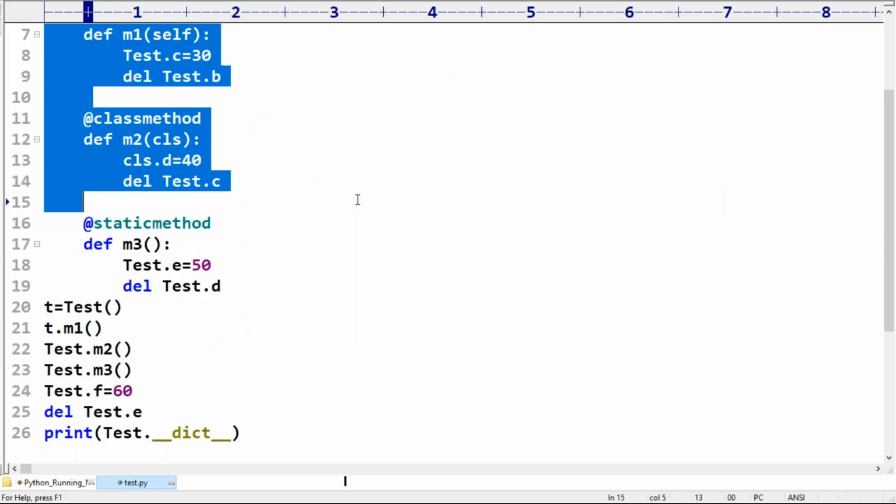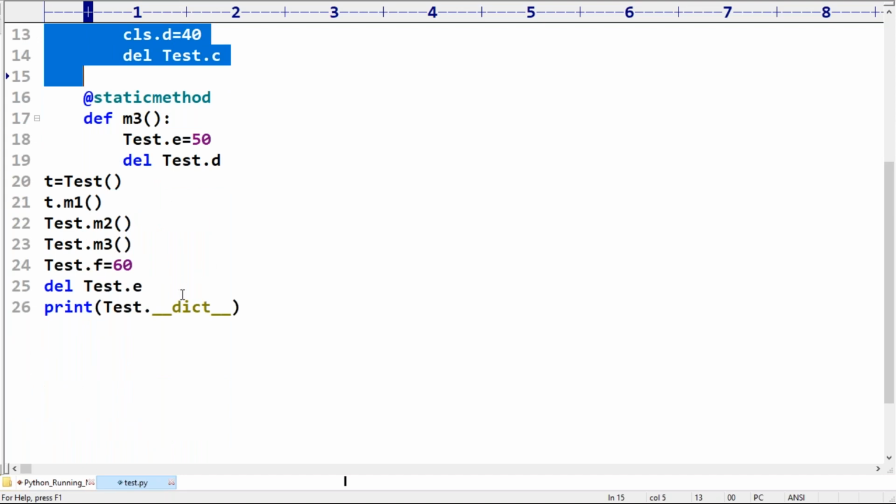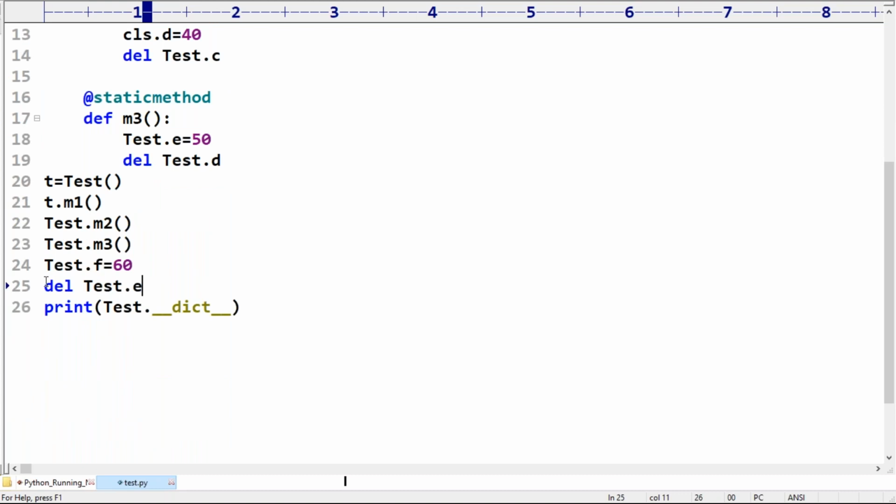Now I have one small, very important doubt. See this one. How many static variables are there at this point of time? Only one static variable, F. Sir, del T1 dot F, I'm taking. Is it acceptable or not? Del T1 dot F, no chance at all, because whenever you write like this, it always refers to an instance variable only. If you want to delete the static variable, compulsorily we need to use either CLS or the class name.